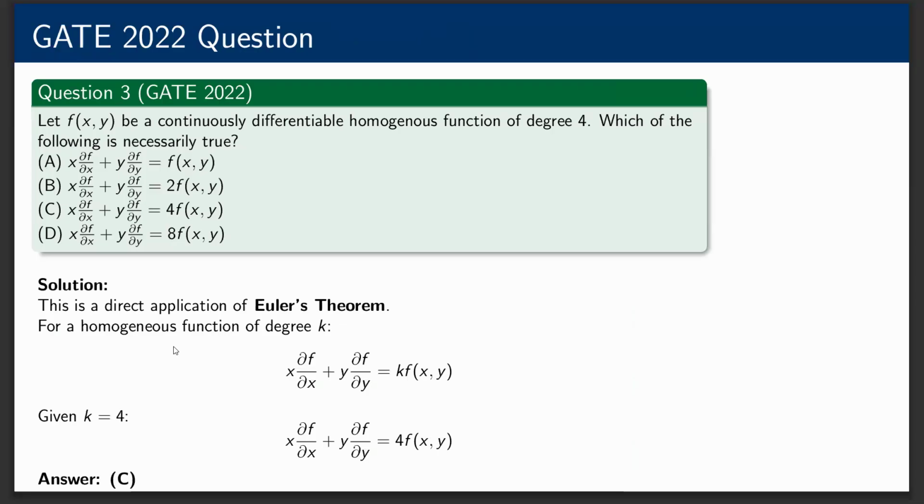Okay, next question. Given f of x, y, a continuous differentiable homogeneous function of degree 4, which of the following is necessarily true? Option A cannot happen, because this is the product exhaustion theorem. This happens if it is homogeneous of degree equal to 1. So that we cannot say. So what you can say, if degree equals 4,